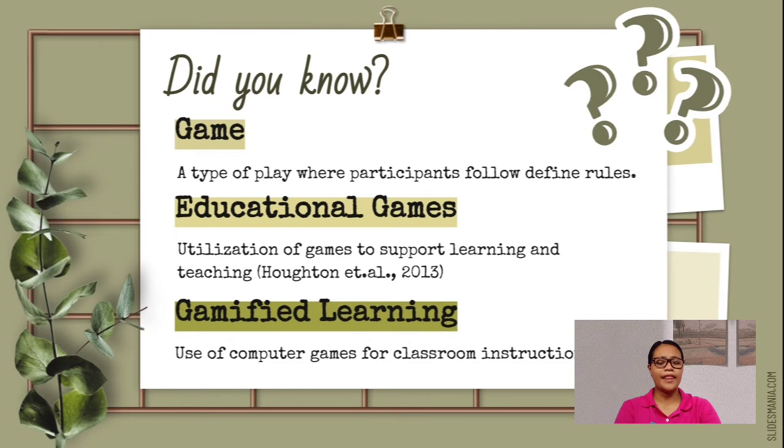Let us start with the definition of game. What is a game? A game is a type of play where participants follow defined rules. It can be used as a support tool to complement traditional teaching methods to improve the learning experience of the learners, while also teaching other skills such as following rules, adaptation, problem-solving, interaction, critical thinking skills, creativity, and good